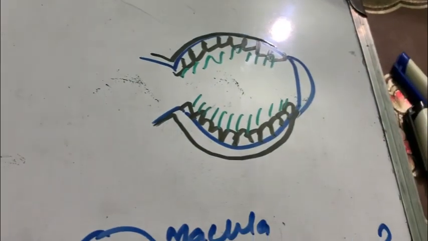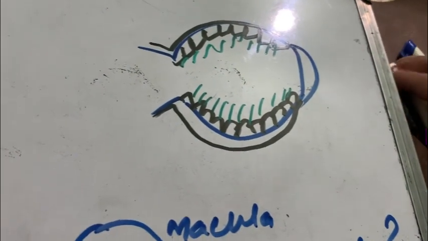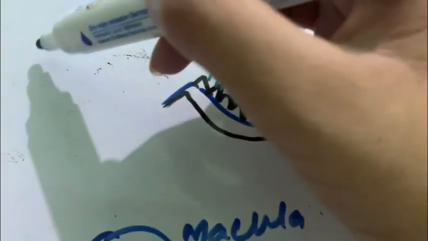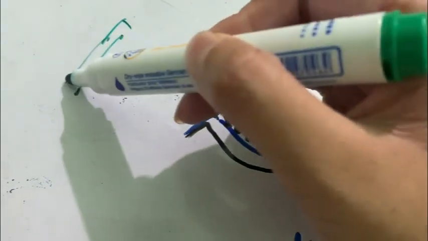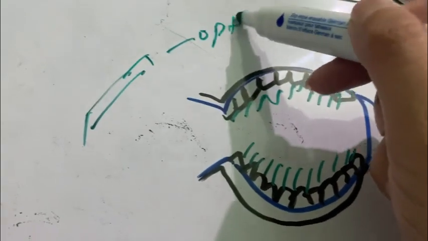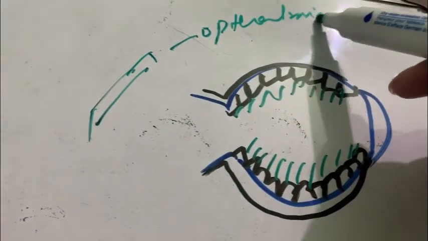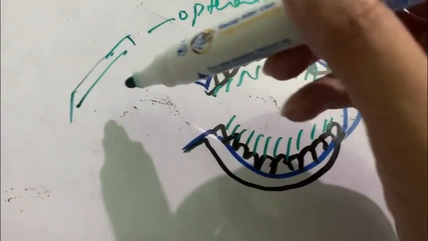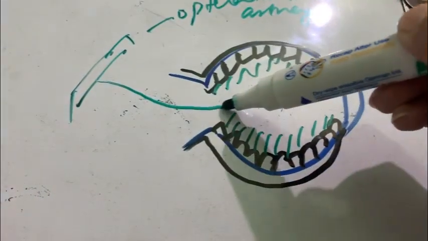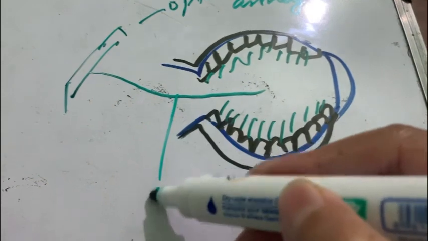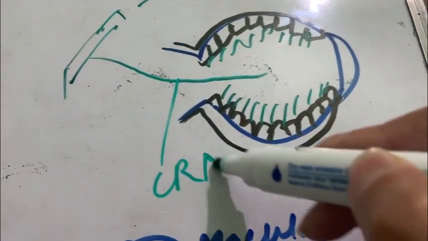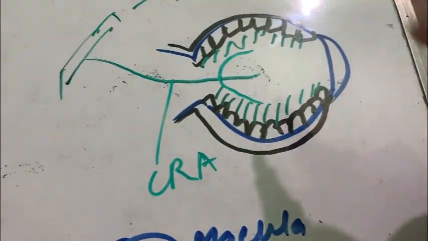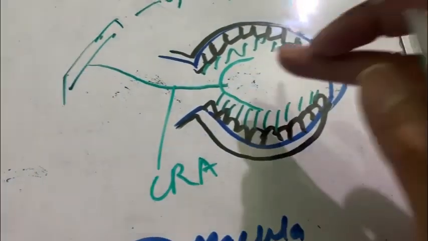So basically, the blood supply we get from the ophthalmic artery, and this ophthalmic artery gives a branch called the central retinal artery to the neural part of the retina,